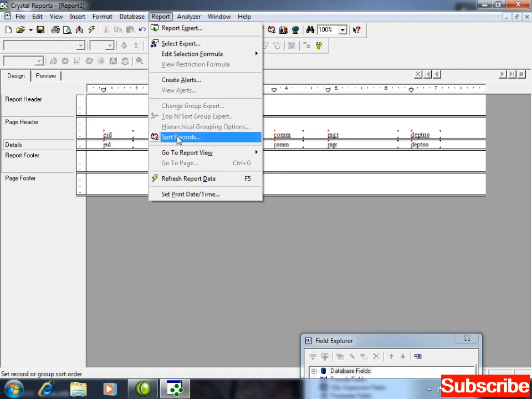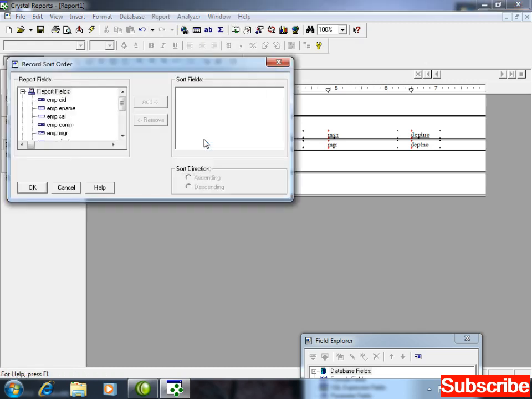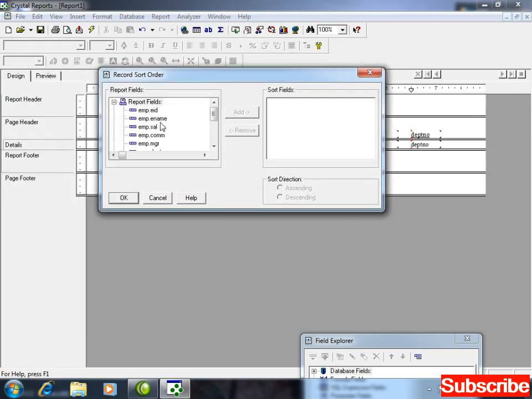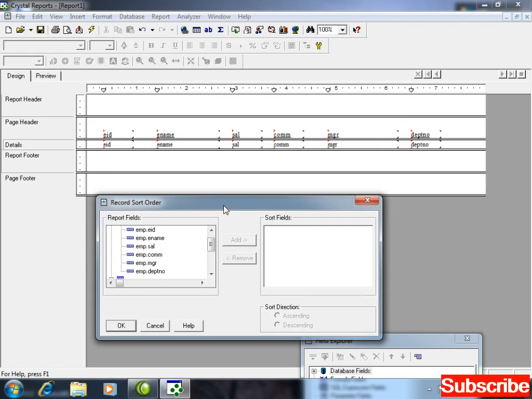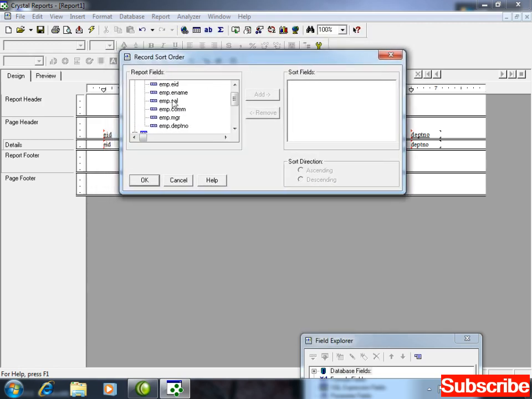First of all, I've written sorting and then grouping. Okay. So click on sort record. Sort record having 3 dots. It's going to open a window in front of you. Now these columns are available here on the basis of which you can sort the report. Employee ID, ename, salary, commission, manager. So which one is better? Let me sort on the basis of employee name. Add, and now here you are having 2 options, either in ascending order or descending order.